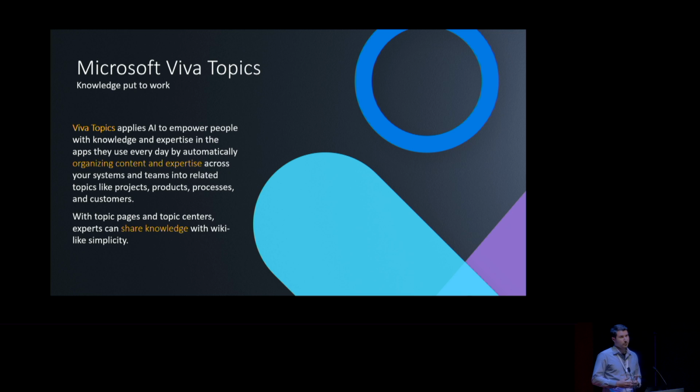But then also it has to surface these topics into user experiences. And this example here is given to share the knowledge in a kind of a wiki-like. So you can think of it as automatically constructing a wiki for the enterprise and then using it in various experiences. So what I'll do is that I'll give a quick demo of Viva Topics, because then we'll try and work out what are the requirements of the product and then how this translates into machine learning requirements.